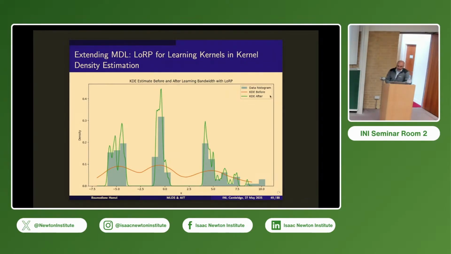So here, for example, this is the data histogram that we generated. This is the KDE before learning the kernel, and then the KDE after learning the kernel using LARP. So that's this direction. Any questions so far,